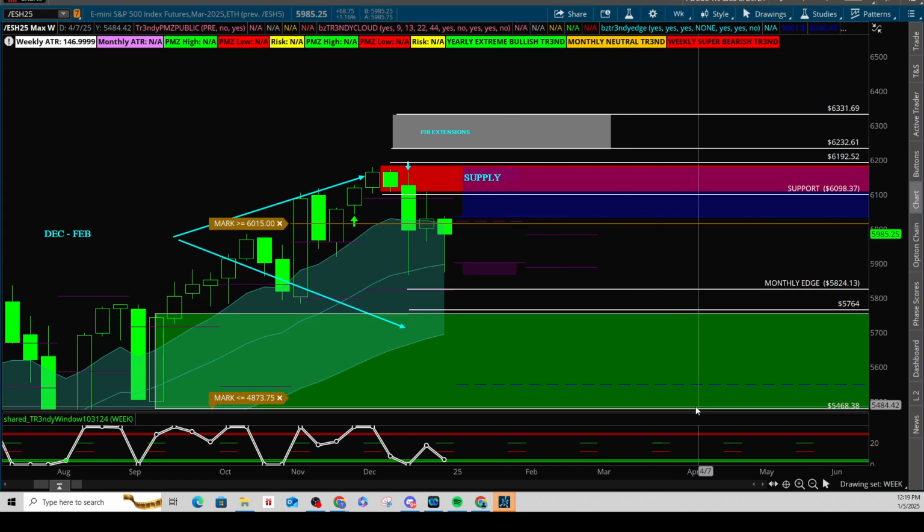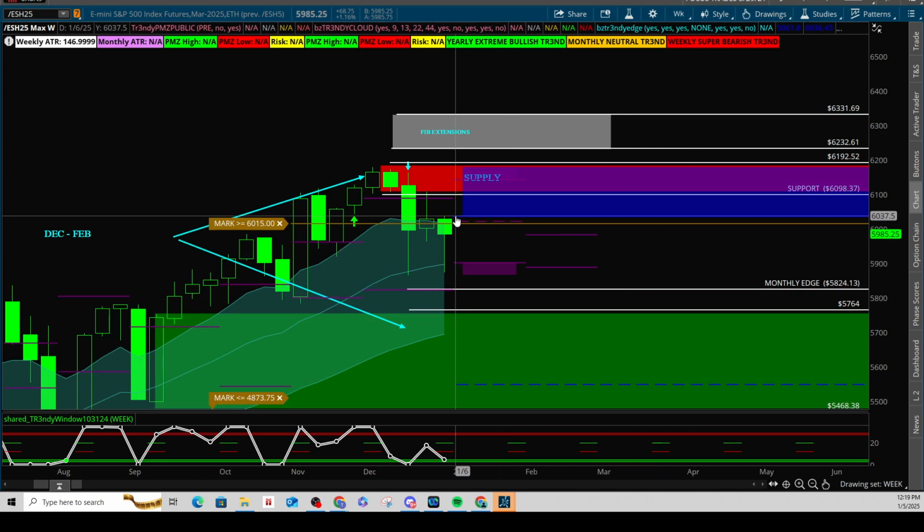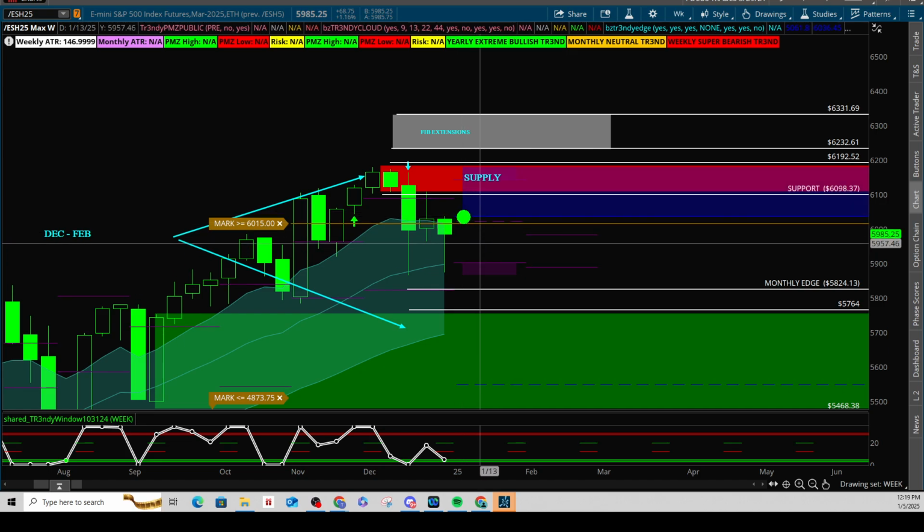And so, what I want to tell you is if prices get up above this blue line, and I've made notes here in the room, if we get above the blue line, which in this case is 60.36, that would put price above the yearly edge. As far as trendy methodology is concerned, as long as we are underneath this edge right here, it is resistance until proven otherwise. So please be aware of that level.